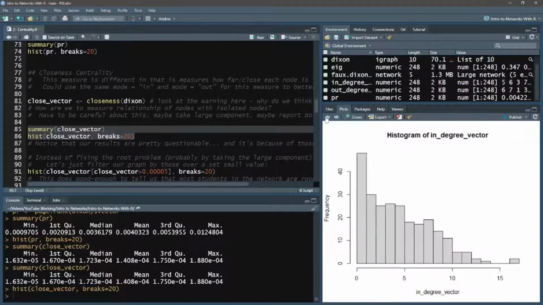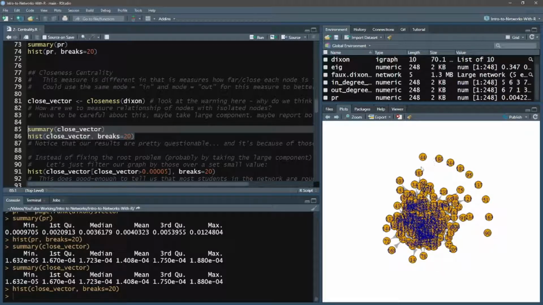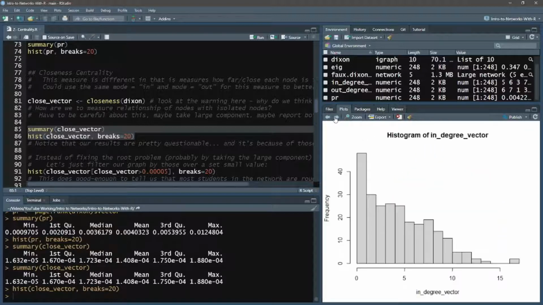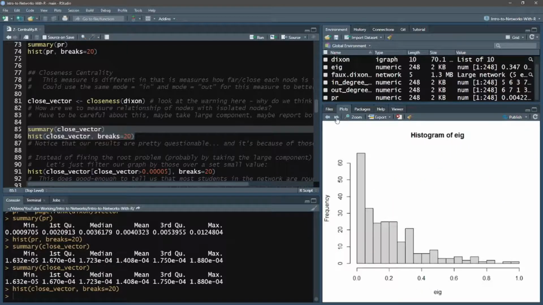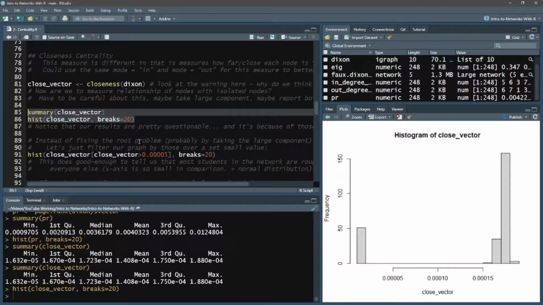If you recall, we go back to our network, I think there are 9 isolated nodes here, and so it's impossible to measure the closeness between them, or the centrality of isolated nodes. So closeness is pulling this out and bringing to our alarm that we have this big gap here. And so let's do something about this. Let's cut out those isolated individuals.